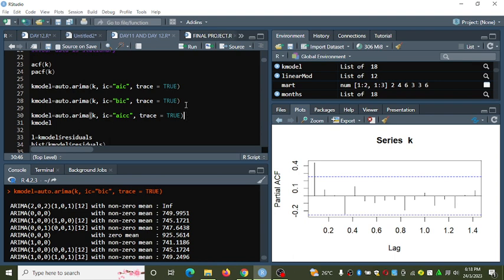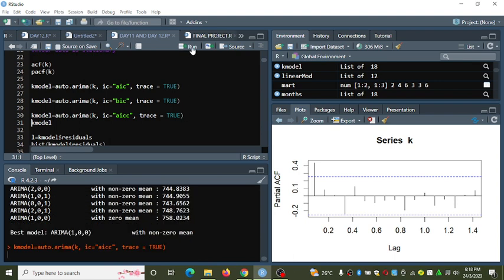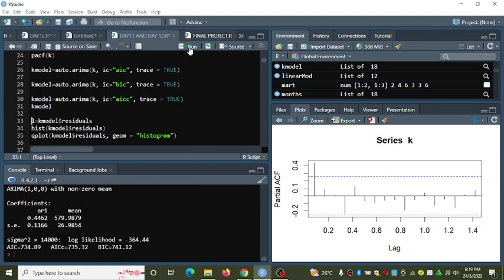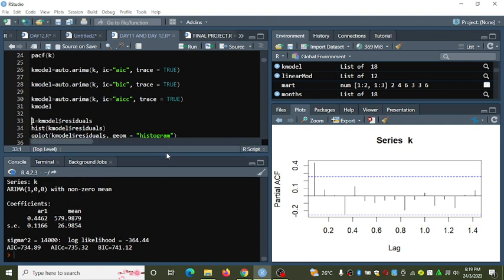What of this other part here? Let's see. Yes, even that one, we are getting the same model of ARIMA function, of ARIMA of order 1, 0 and 0. You can call the model now to get the summary statistics of that model, of the K model.